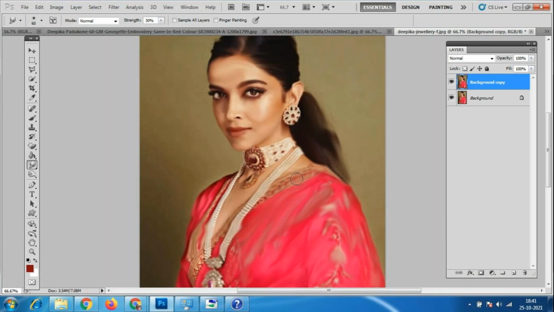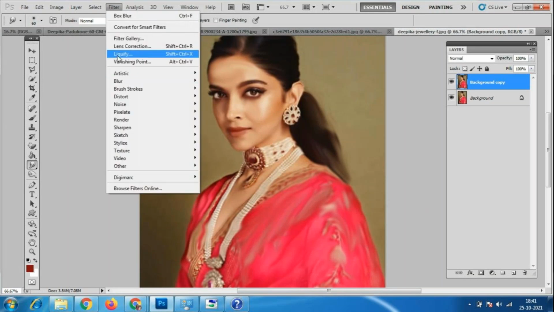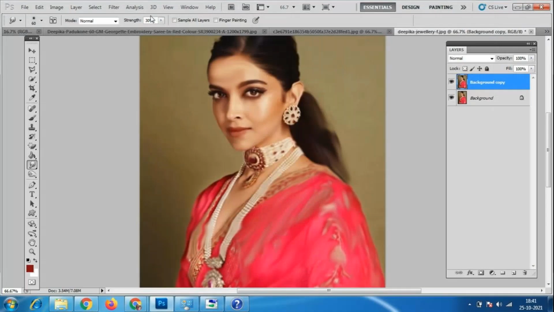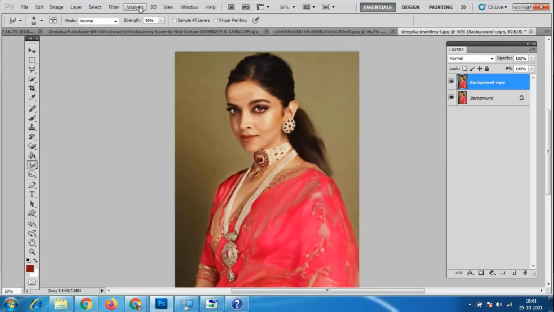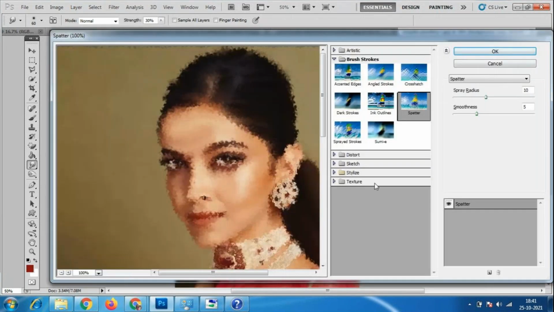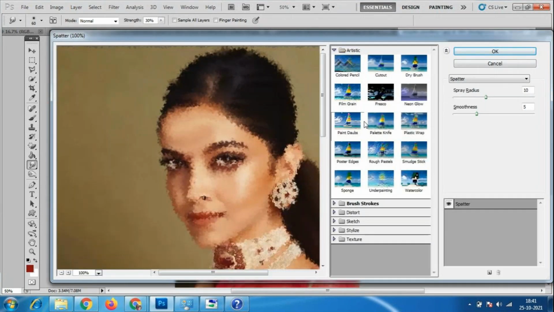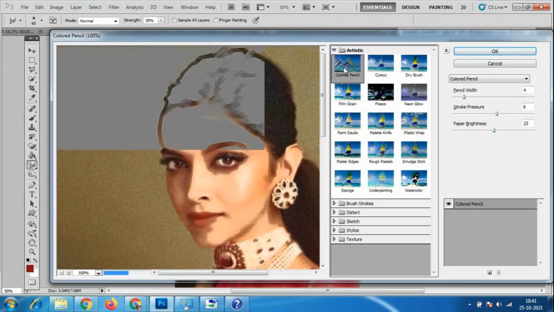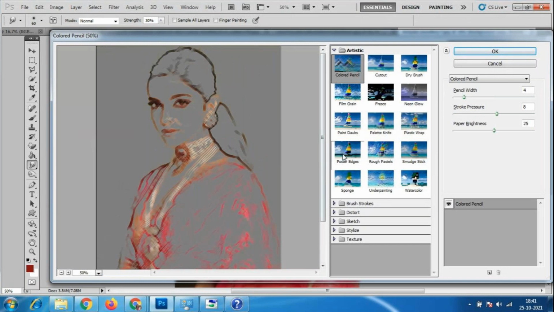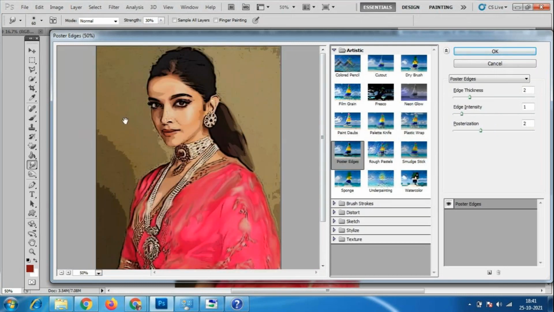So I'll just go and check this filter, and any kind of things we can make here. I'll add some effect from the filter gallery. We have this artistic effect. Okay, so make it 50%, and some of this is going to apply for this.